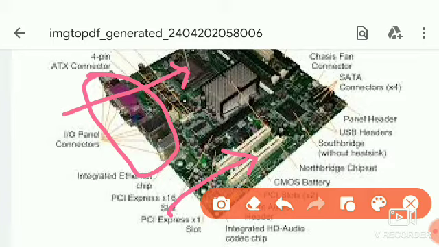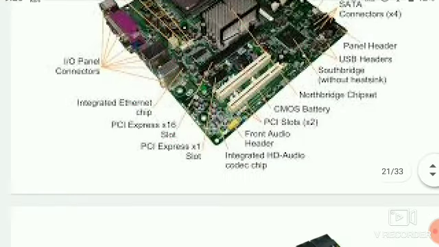So after motherboard, our next topic is expansion cards. Expansion card is a circuit board that can be attached to a motherboard to add features such as video display and audio capability to our computer. An expansion card improves the performance of our computer and enhances its features. Expansion cards are also called expansion boards.